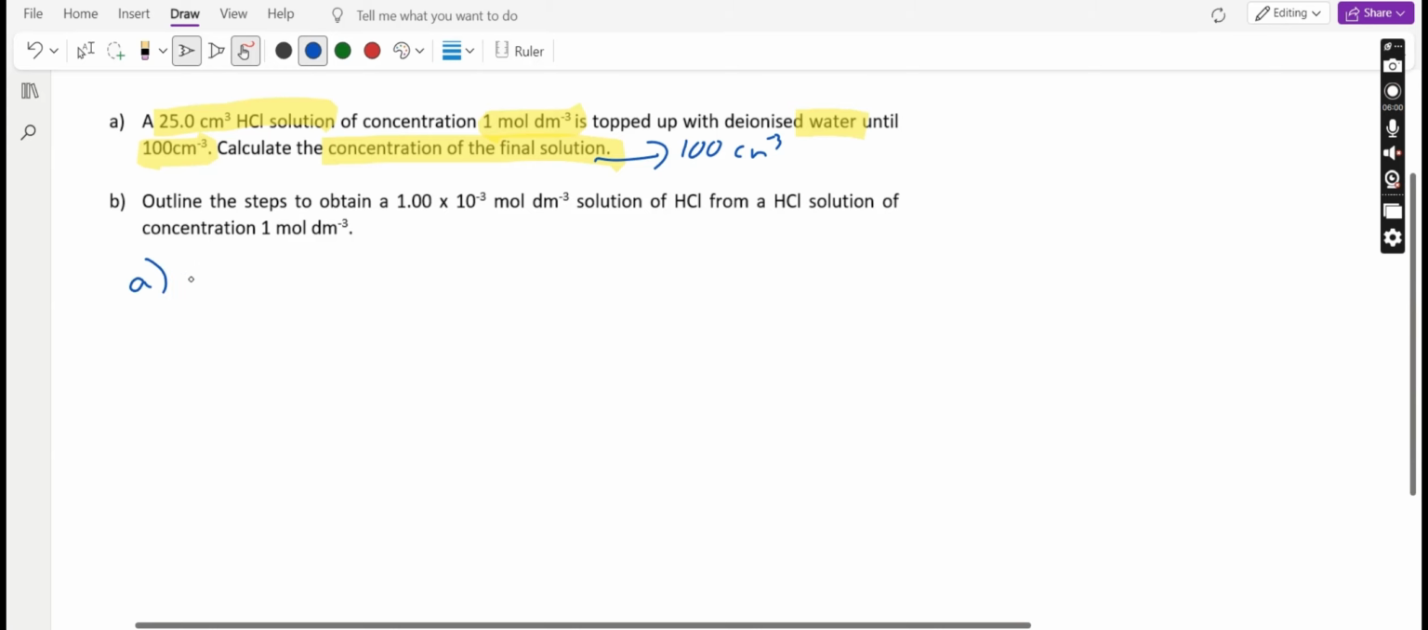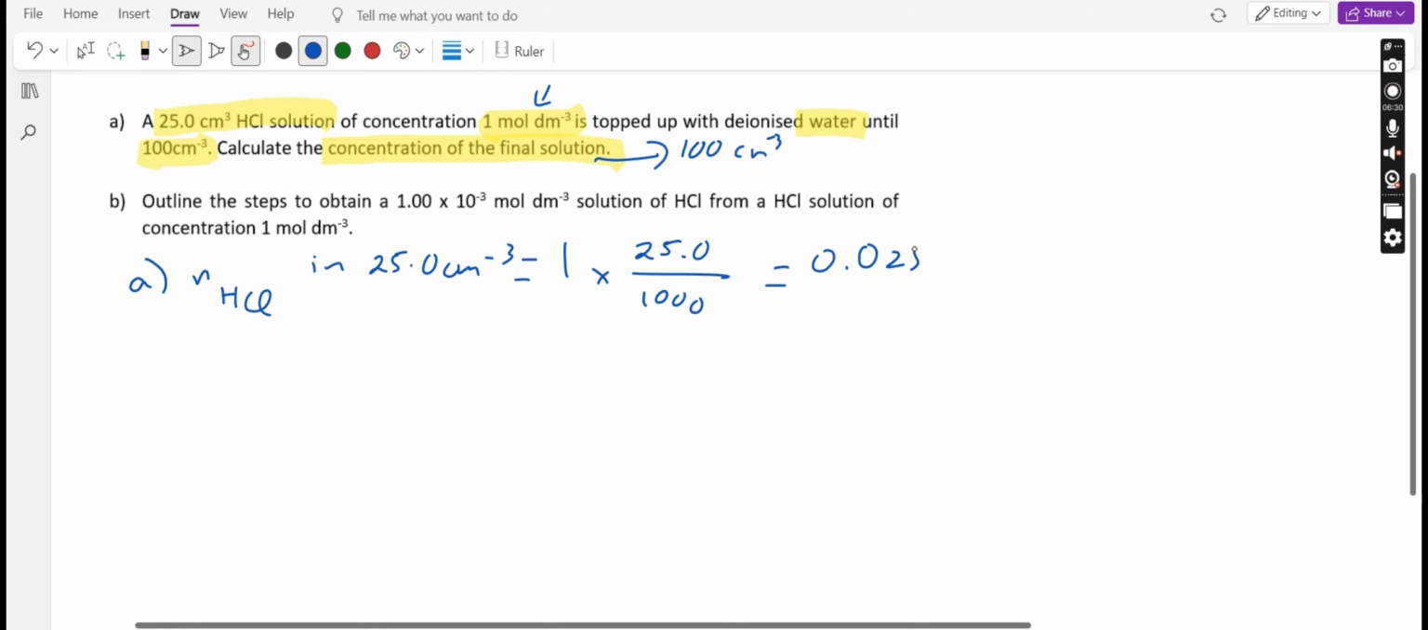So for A, you calculate how many moles of HCl you have in 25 cm cube first. And you know that you want dm cube based on the concentration, you have 1 mole, right? So you multiply by 25.0 over 1000, and then you get 0.025 mole. And in case you are rusty, what I'm doing here is that 1 dm cube is